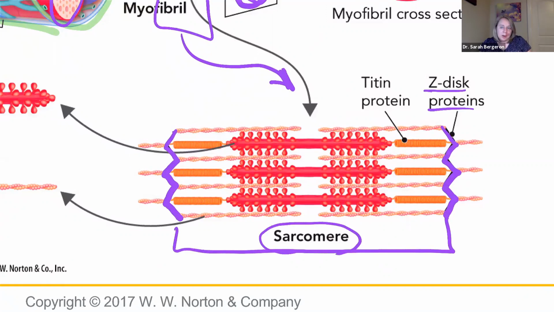So a sarcomere is composed of actin and myosin in an overlapping fashion. And then many sarcomeres are lined up end to end. So if this is one sarcomere, here's another sarcomere, here's another, and here's another,